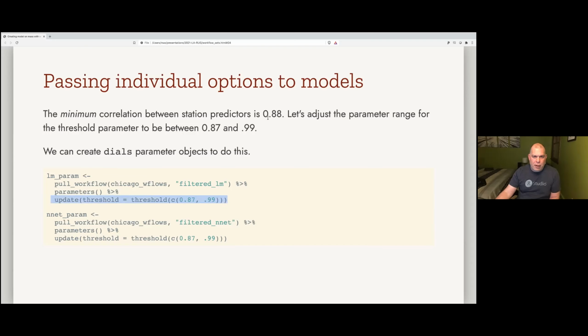So, the lowest correlation is 0.88. Let's do 0.87 to 0.99. So this would get rid of almost all those predictors, and this would get rid of none of them. And then instead of it setting that space filling design to be between 0 and 1, it would set the space filling design to be between 0.87 and 0.99, right? So this is adapting the right